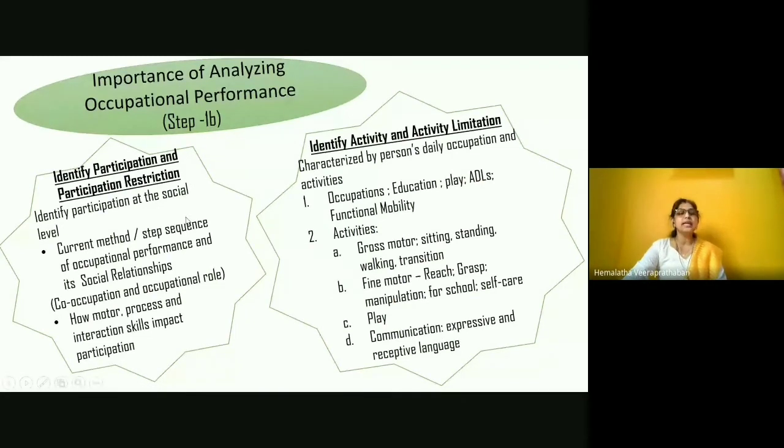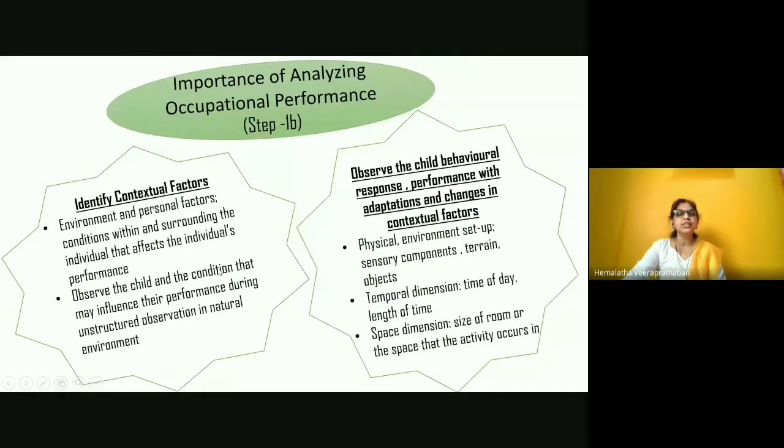So we will understand the current method or step sequences, how the child's co-occupations are happening in their own real life environments, and their social relationships will be understood. And then we also understand the activity and activity limitations. We understand the contextual factors, which are the environment and personal factors. We observe the child's behavioral response in their own environment and setups, in the aspects of physical, temporal, and social